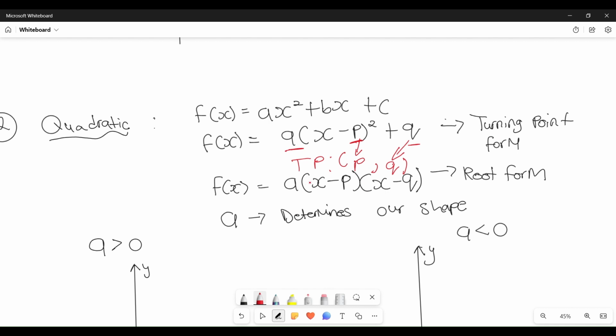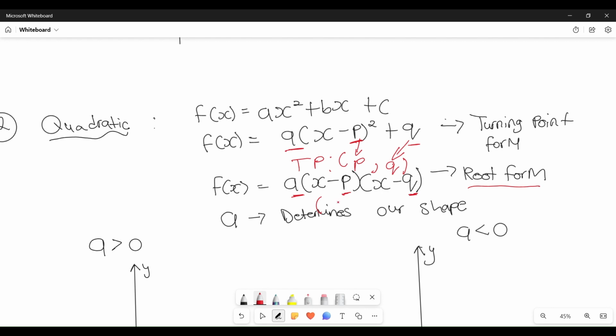Here's another form of quadratic equation which says f of x equals a into x minus p into x minus q. Now this equation is in root form. So why are we calling it root form? We are saying it's in root form whereby a, as we have already said, will determine the shape of our quadratic function. Then what are p and q? P is an x coordinate of one of our